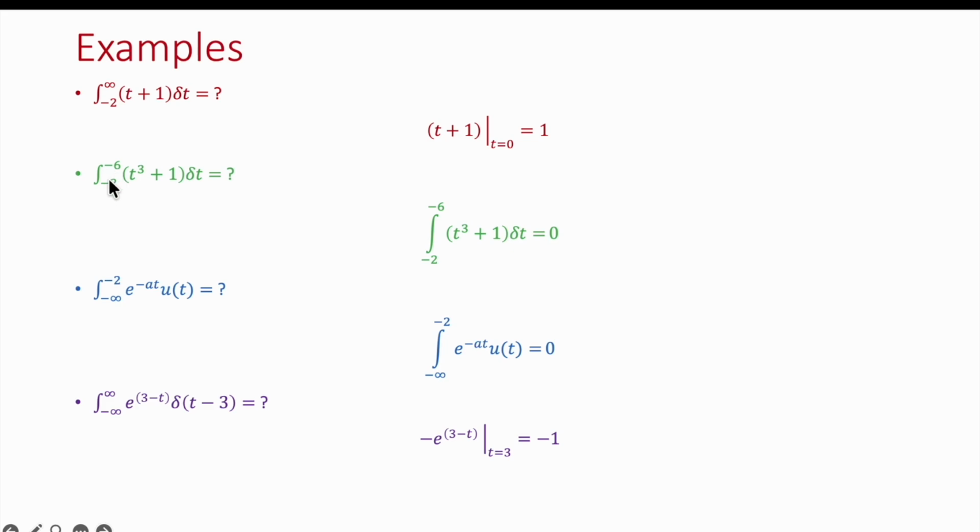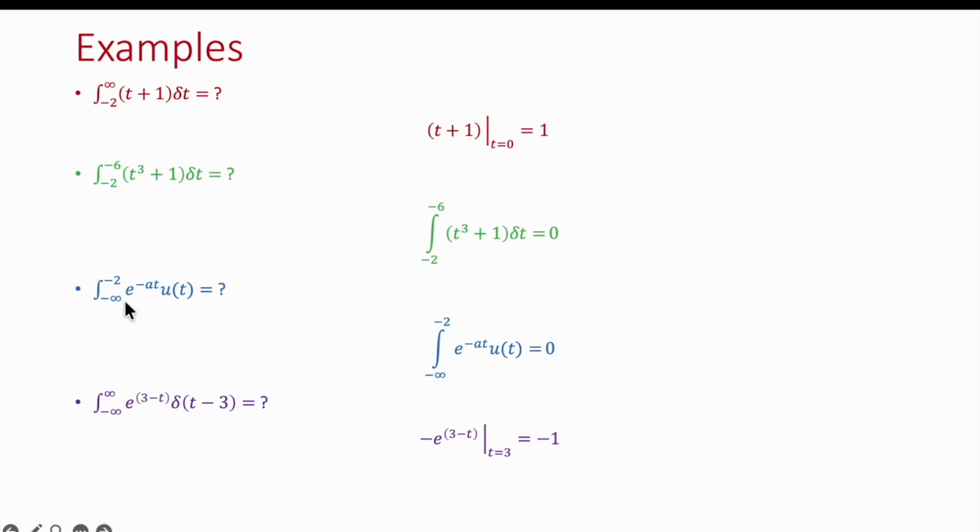So that is why, if you have the signal only from minus 2 to minus 6, but the impulse signal is only at t equal to 0, it means that the answer will be 0, because everywhere else the impulse is 0. The impulse is available only at t equal to 0. So if you multiply this signal at any point where t is not equal to 0, the answer